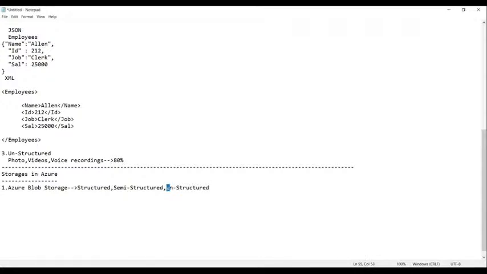These are the types we can store. So the Azure blob storage can store any kind of data.